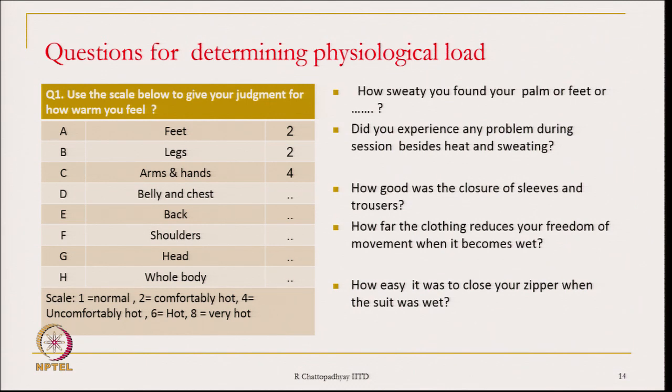A typical question could be, use the scale below to give your judgment for how warm you feel at different parts of the human body, and there is an arbitrary scale starting from 1 to 8 or 10. We can write it. 1 would mean normal, 2 means comfortably hot, and 8 means very hot. And the person may be asked, how do you rate on a scale of 1 to 10 the feeling of hotness